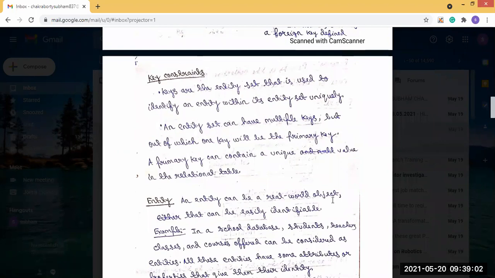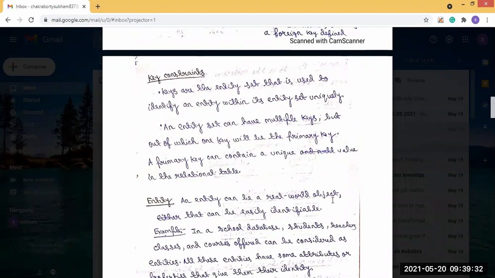If we take the student entity, the properties of a student are: the student has a student ID, a student name, an address, a phone number, an email ID.